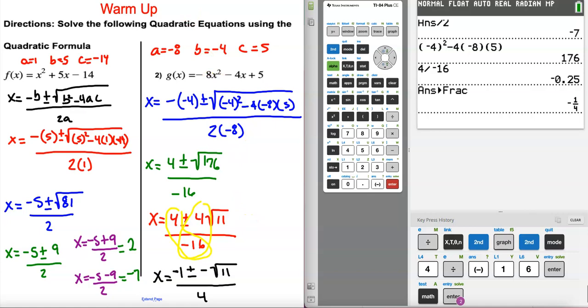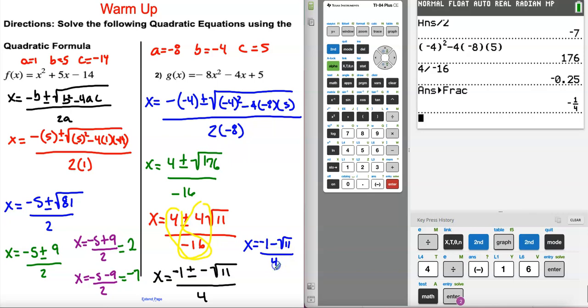Okay, and so you can clean it up a little bit more by just saying that your two solutions are going to be x is equal to -1 plus or minus, let me erase that. Okay, so x is equal to -1 plus a negative, so that's going to change that into a negative. Okay, so instead of writing negative again, I'm just going to write minus the square root of 11 divided by 4,